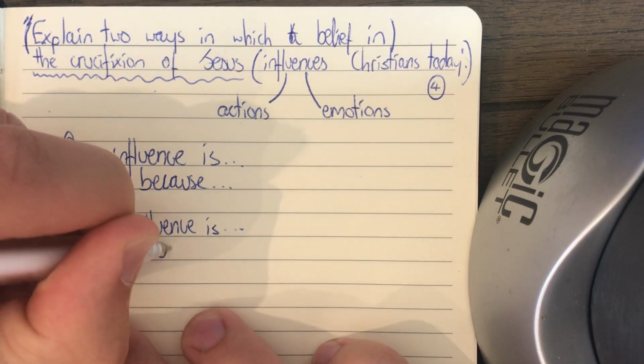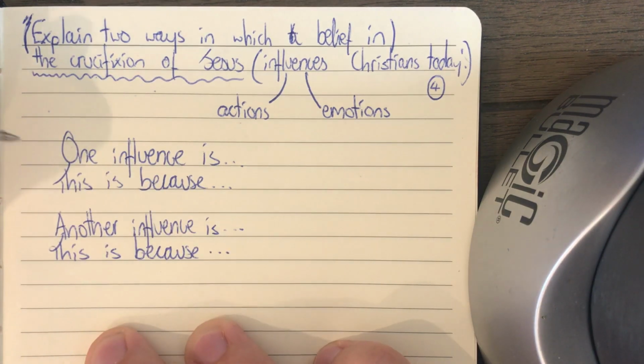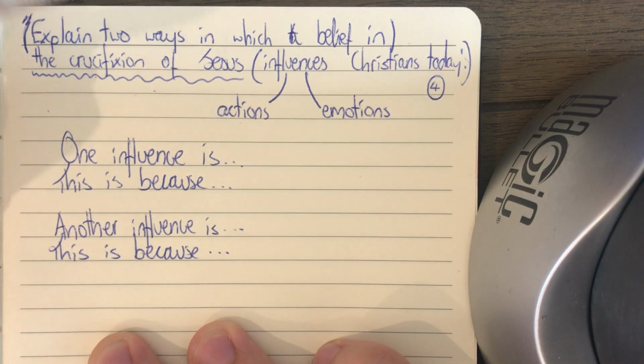Now, some people like to go for beliefs first and then influences. So Christians believe this about the crucifixion and this influences them in this way. That's fine. You can absolutely do that. That's okay. The only reason I teach you to do influence first before belief is because as somebody who's been an examiner for AQA, I know that the marks they give out only start being given out once you mention an influence. So you don't get any marks for just talking about Christian beliefs. You only get marks once you start talking about influences. So you may as well mention an influence to begin with, because that's when you start getting your marks.